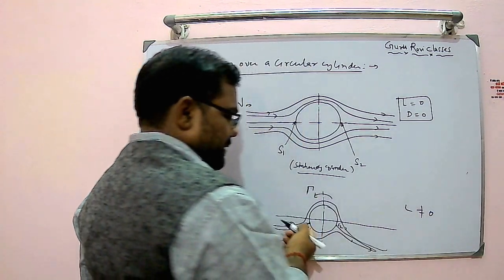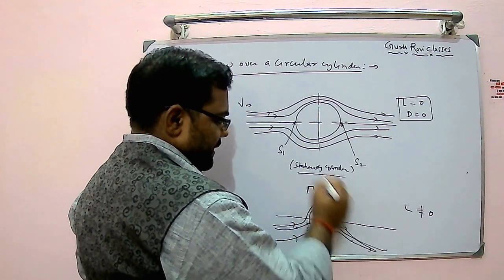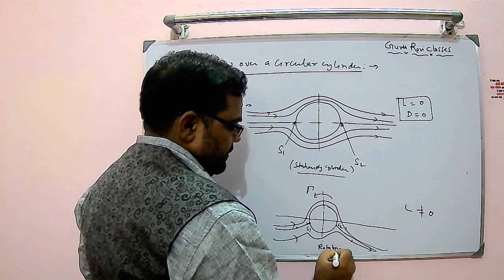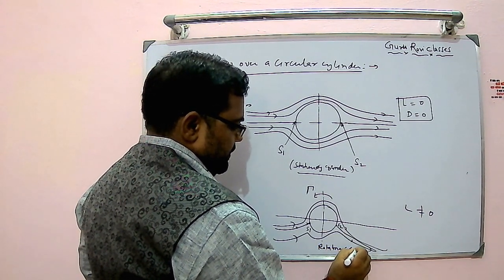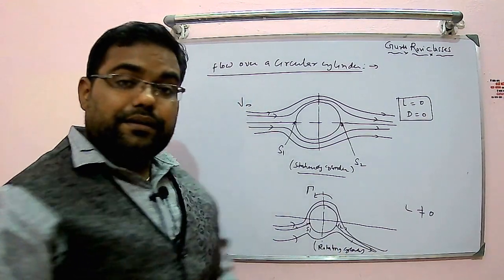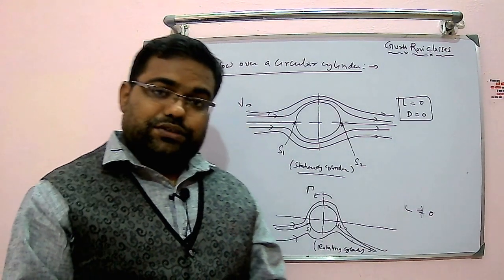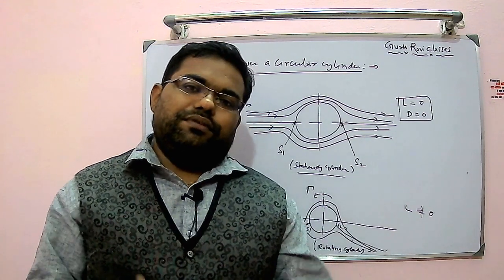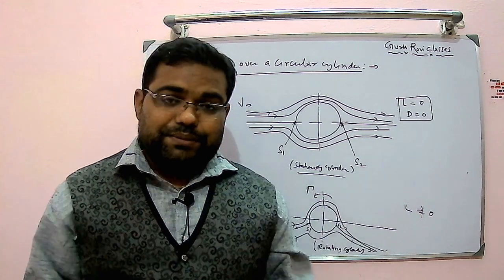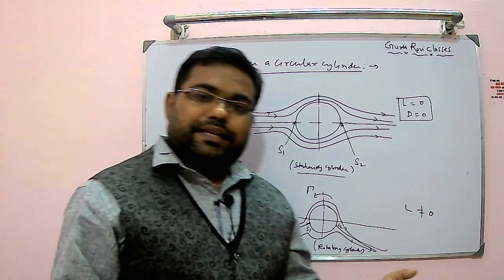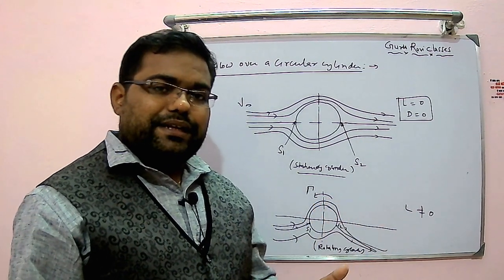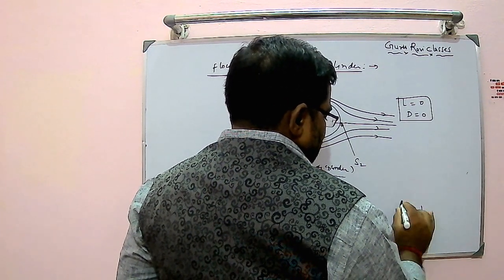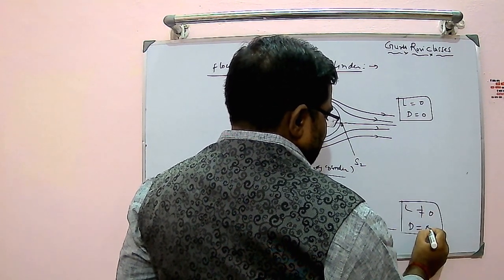So in this case, lift is not equal to zero. In this case, when the cylinder is rotating, this is a rotating cylinder. In the case of a rotating cylinder, now lift is not zero, but as we have made an assumption that it is an ideal flow, ideal flow will not have viscosity. When it does not have viscosity, it is not creating any kind of resistance. When it's not creating any kind of resistance, your drag is still zero.